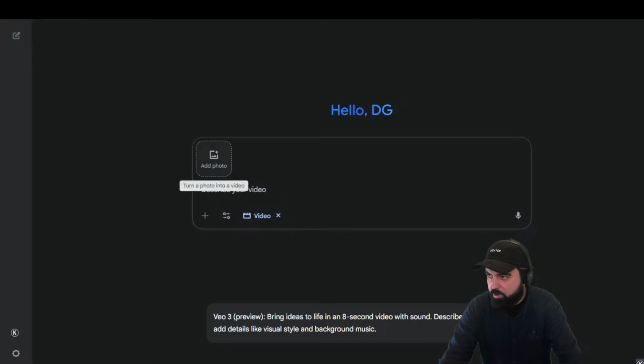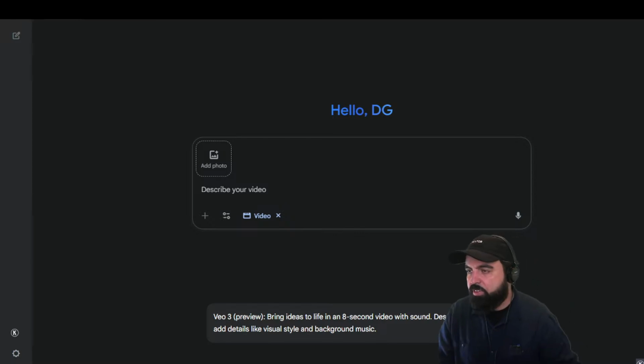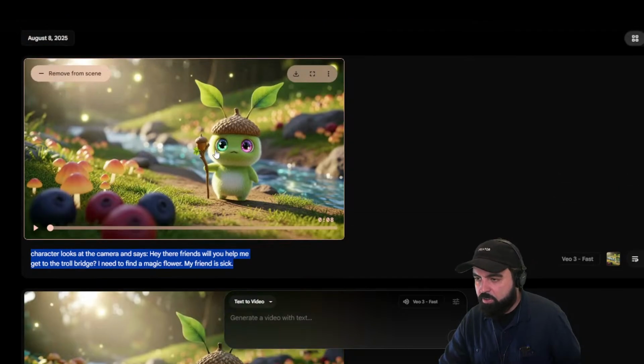All right, here I am in Gemini. I'm going to add a photo. I don't have that photo saved. Well, I have to save it then, huh? Where was that photo at, guys? At this point, we're just going to keep trying this because I want to make it work. If it doesn't work on Gemini, then